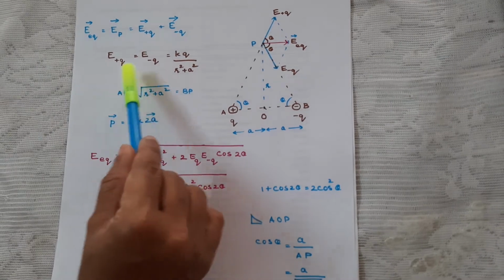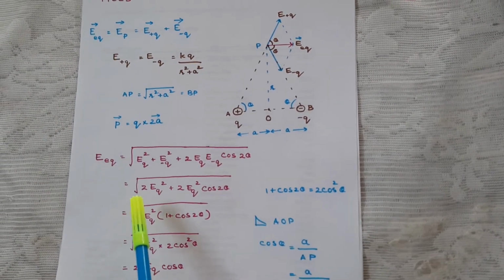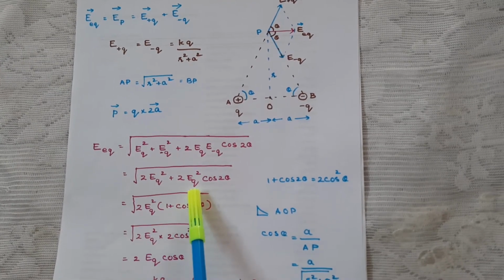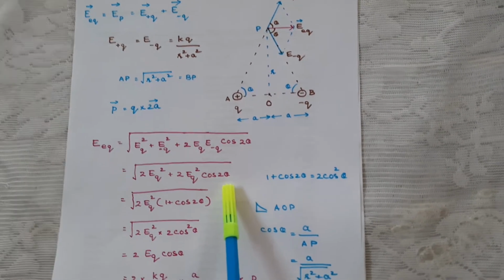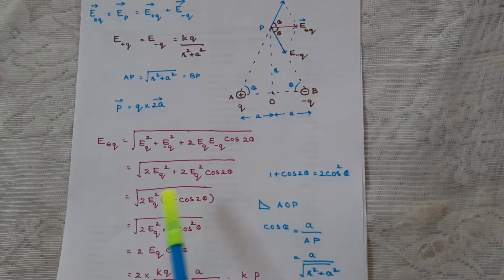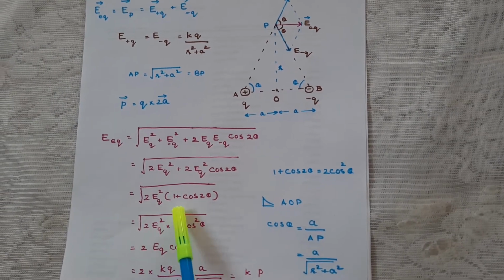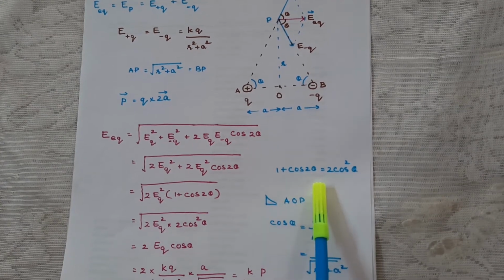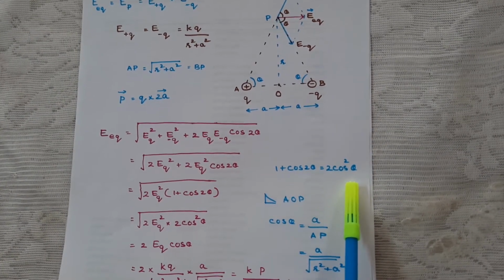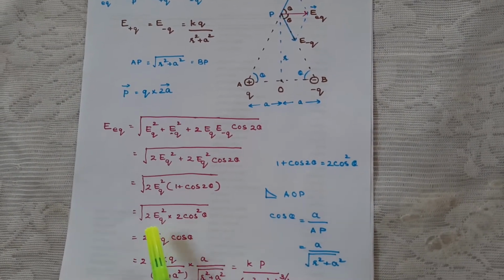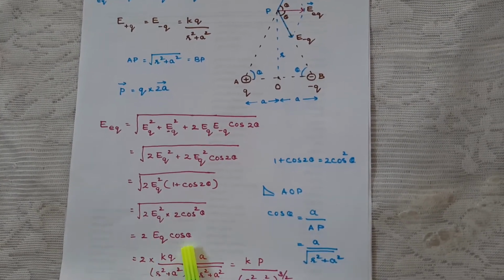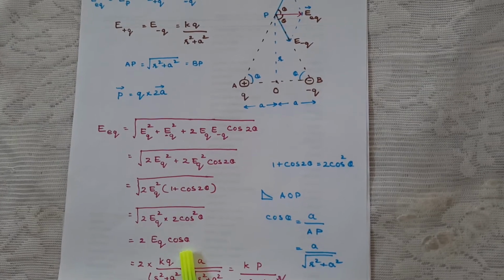Since both are equal in magnitude, we can write it as root of 2 EQ square plus 2 EQ square cos 2 theta. 2 EQ square is common, so 1 plus cos 2 theta. But 1 plus cos 2 theta is 2 cos square theta. Let us take the square root, 2 EQ cos theta, where cos theta